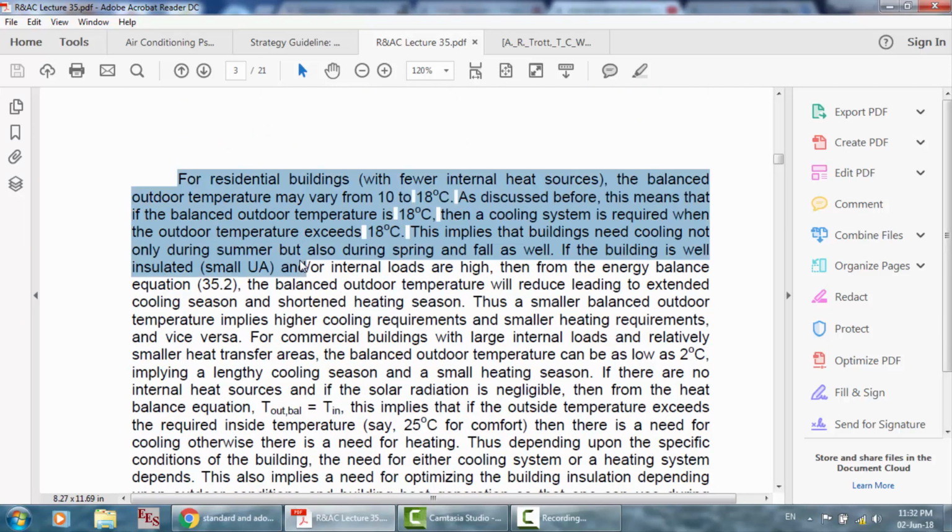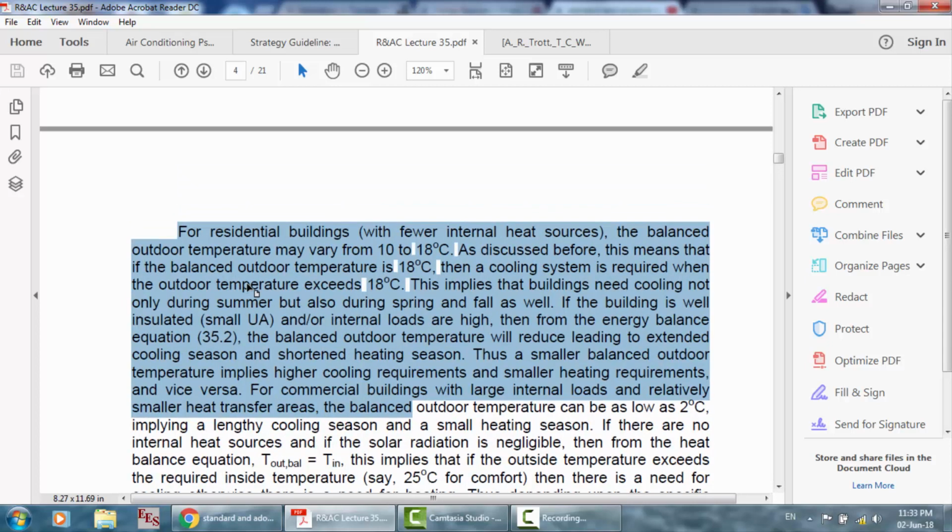Okay, for residential buildings with fewer internal heat sources, the balanced outdoor temperature may vary from 10 to 18 Celsius. As discussed before, this means that if the balanced outdoor temperature is 18, then a cooling system is required when the outdoor temperature exceeds 18. This implies that buildings need cooling not only during summer but also during spring and fall as well. If the building is well insulated, with small U multiplied by A, and internal loads are high, then from the energy balance equation 35.2,